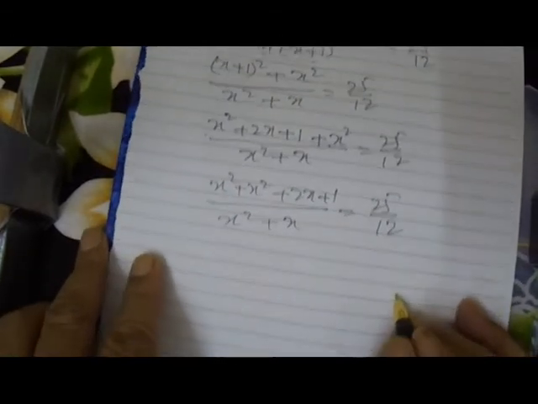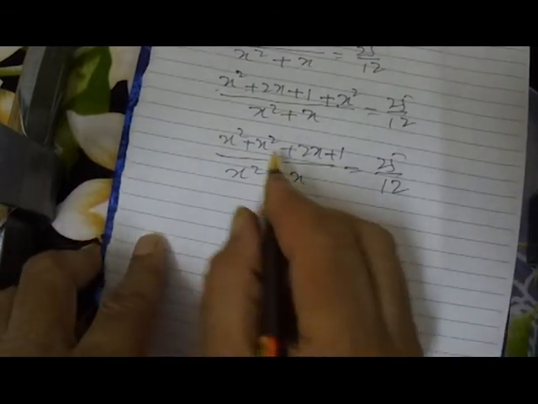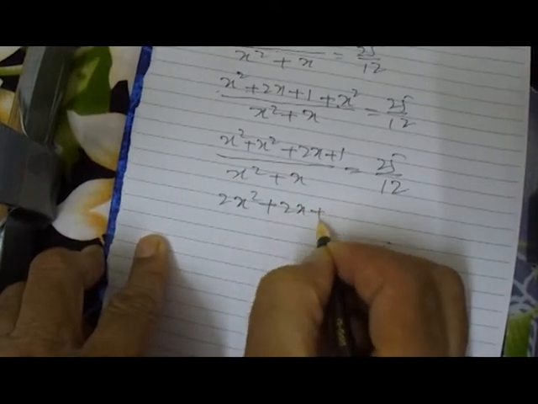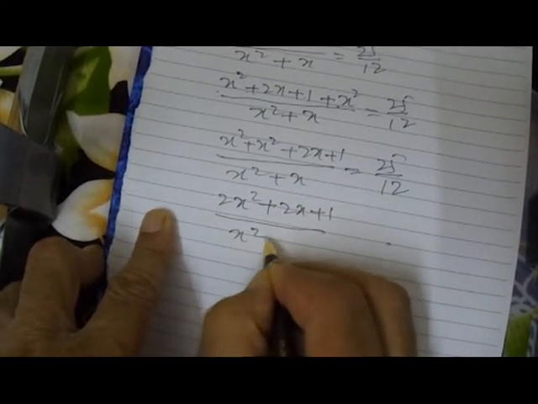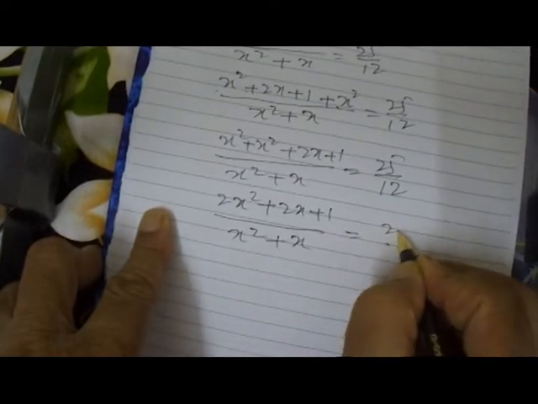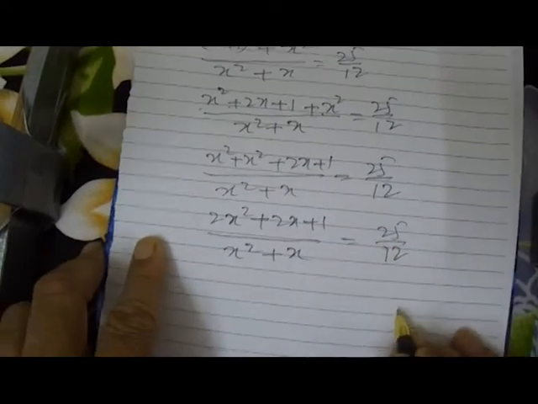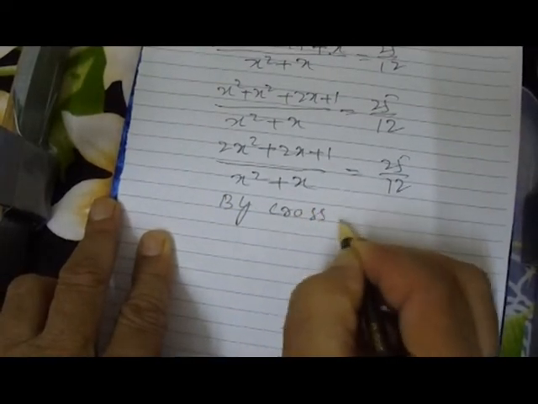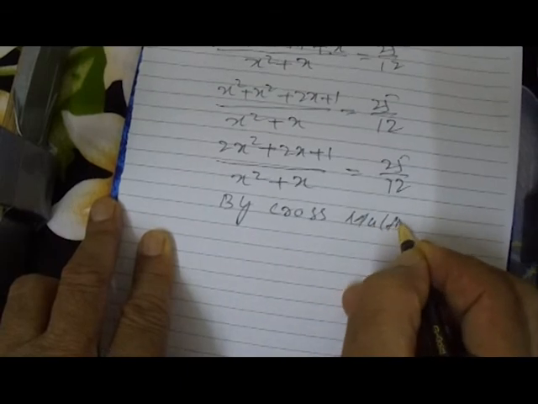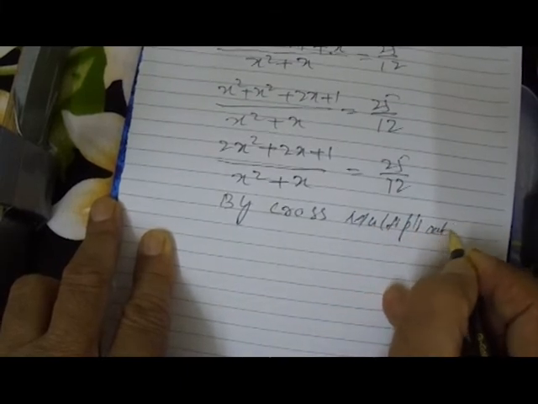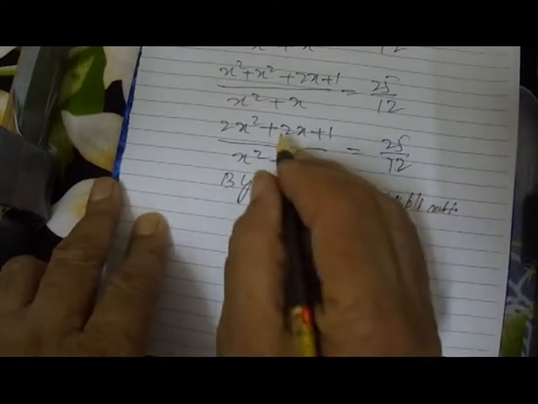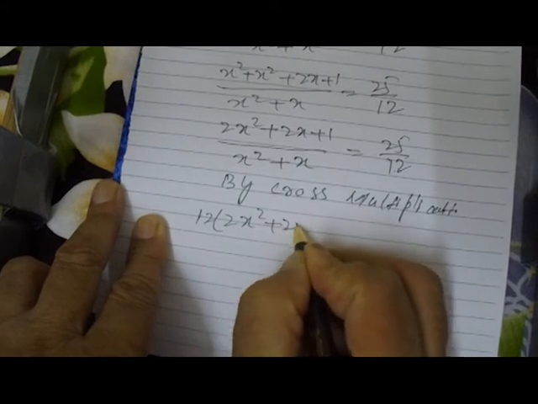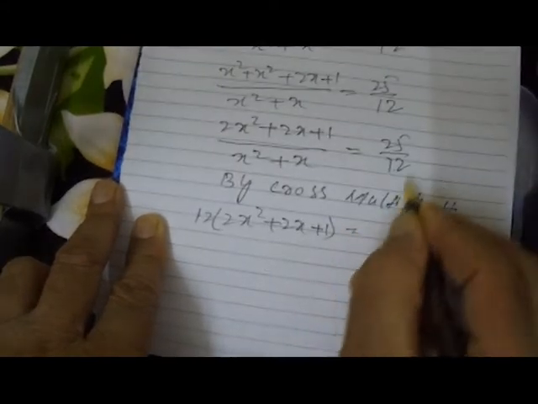Now we write again 2x square plus 2x plus 1 over x square plus x is equal to 25 over 12. Now by cross multiplication,